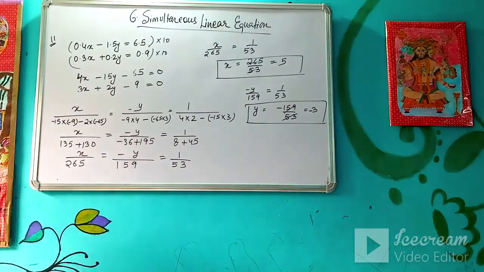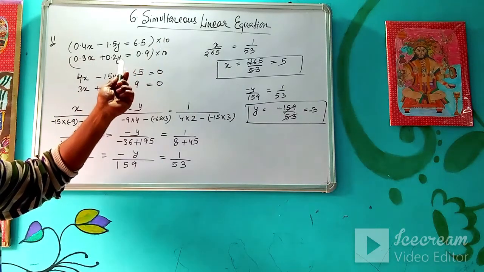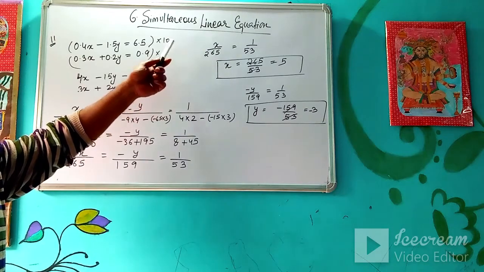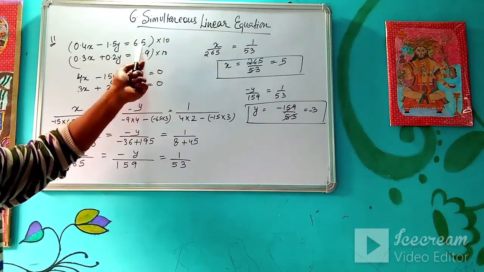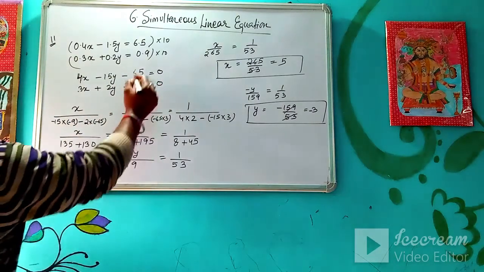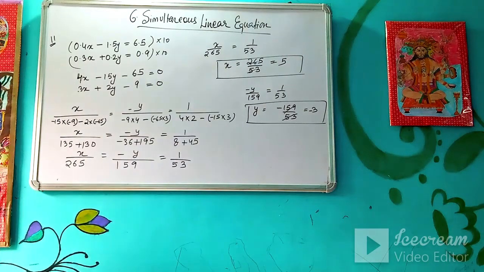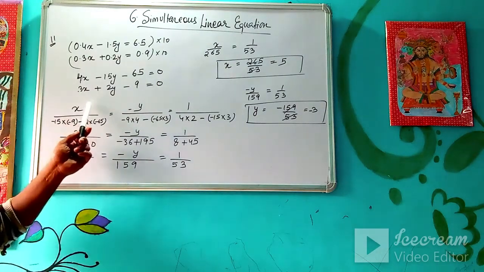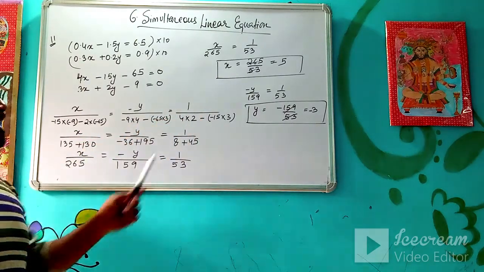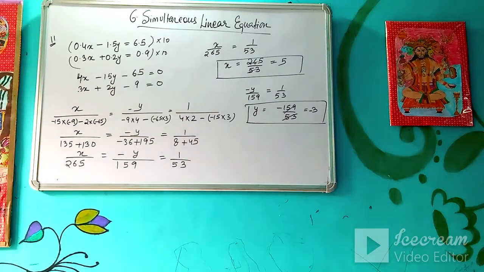Okay. So if you are facing the decimals in the problem, you can remove the decimals by suitable multiplication of power of 10. Like here, after decimal only one digit was there, so I have multiplied by 10 in both the equations. Then you transform these equations that we need in cross multiplication method. Then similarly you calculate x, minus y and 1. Then you will compare them individually and you will find the value of x and y.